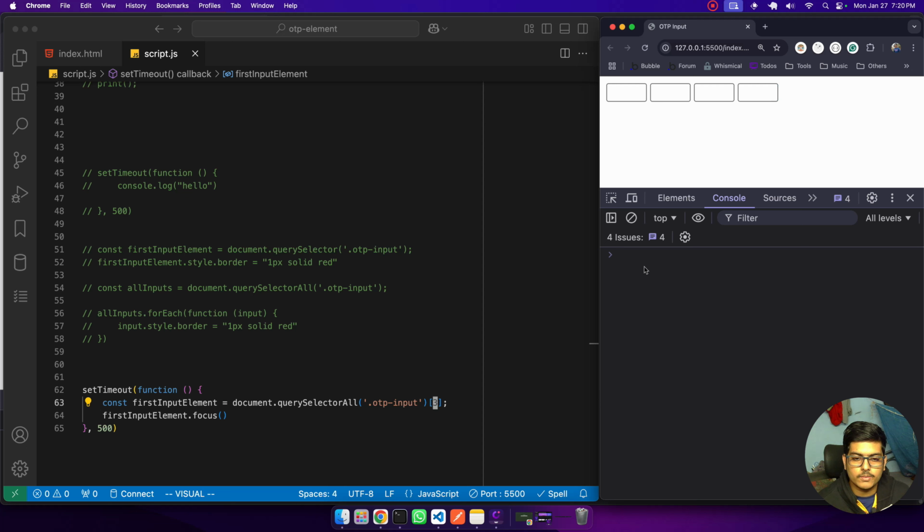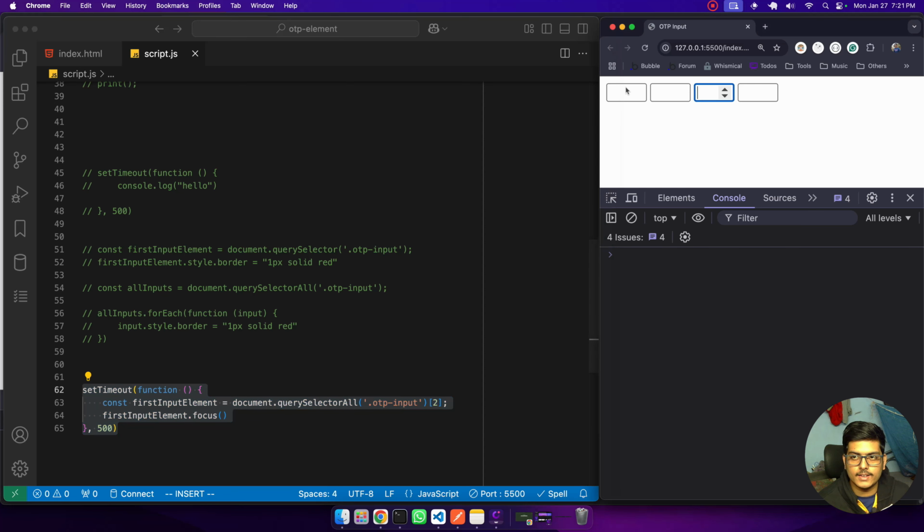In JavaScript, indexes start from 0. So this is called the 0th element, this is the 1st element, this is the second element, this is the third element. So it is the number of the element minus 1, you can say. So for selecting the third element, we have to use index 2. If I select index 2 and refresh it, then this is selecting the third. So let's just use it